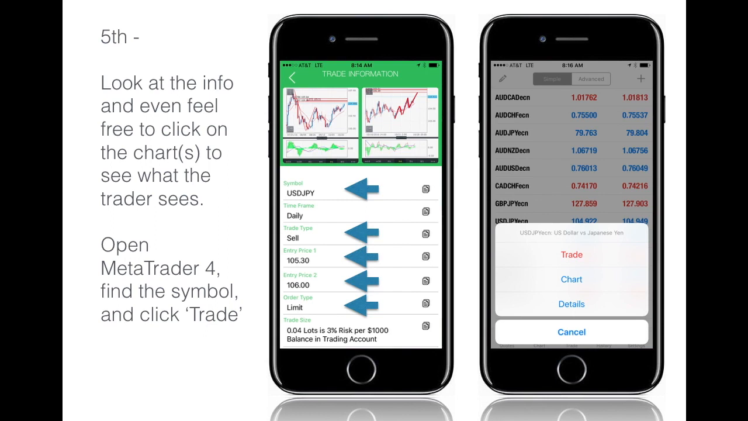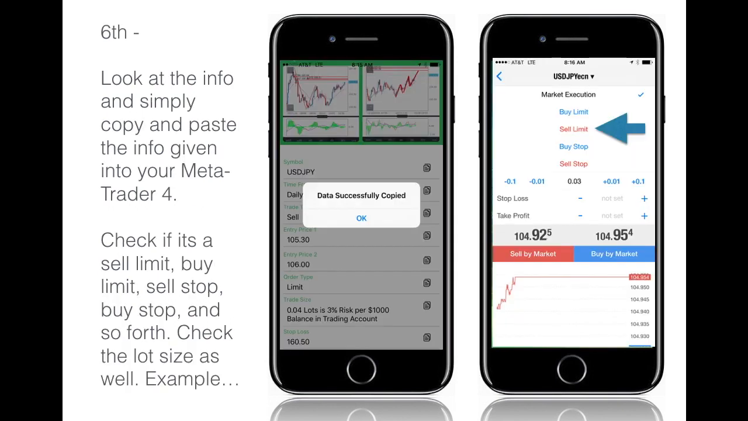You may say, well, I don't know if I want to risk that much, whether it's profit or loss, so maybe do half of that. So it's just up to you, but the traders just give recommendations for what to put through on the lot size. Okay. Now what you do is you simply just look at the info, you copy and paste, and the